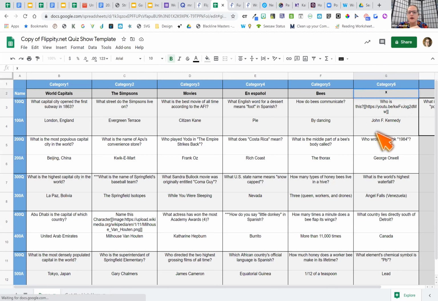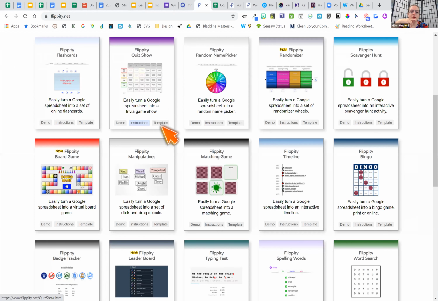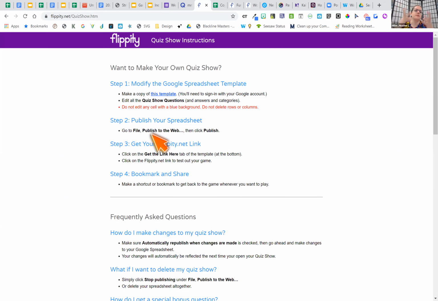You don't even have to worry about taking all of these different parts out. So you can add the category name up here. You can add whatever question that you want. And if you want to put a picture on there, or put a YouTube video on there, they have instructions underneath here as well, and it tells you exactly what to do. Here's how you modify this, how you make it come to life, how you publish it, then you get the link. It shows you all the steps.